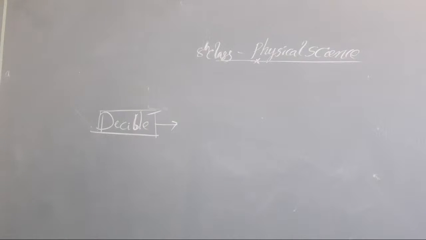The decibel was introduced by a scientist. What is the name of the scientist? Alexander Graham Bell, who researched sound. Okay, clear or not, all of you? The smallest audible sound, near total silence, is 0 decibels. A sound of 10 decibels is 10 times more powerful. A sound 100 times more powerful than that of total silence is 20 decibels. A sound 1000 times more powerful than the sound near total silence is 30 decibels.